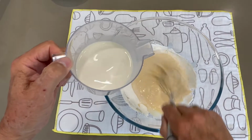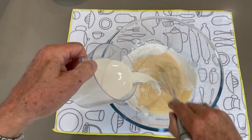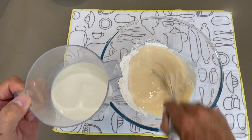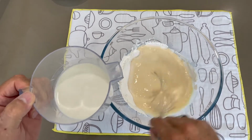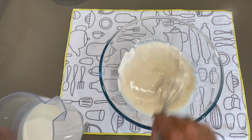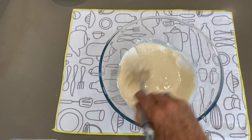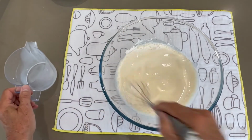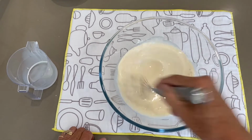See, we remove the flour from the side. And we obtain a very smooth cream. And we can put all the flour that has been incorporated